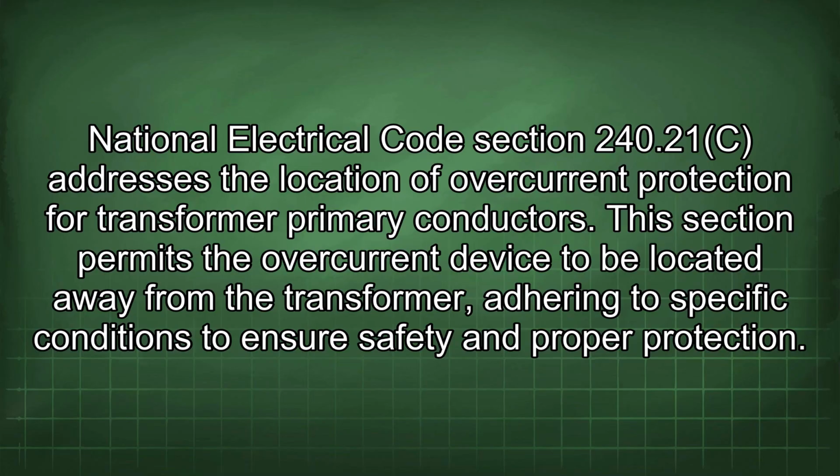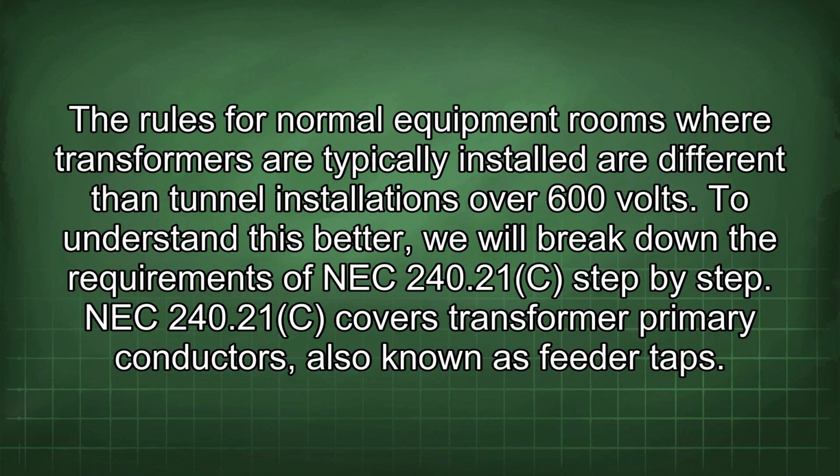National Electrical Code Section 240.21(C) addresses the location of overcurrent protection for transformer primary conductors. This section permits the overcurrent device to be located away from the transformer, adhering to specific conditions to ensure safety and proper protection. The rules for normal equipment rooms where transformers are typically installed are different than tunnel installations over